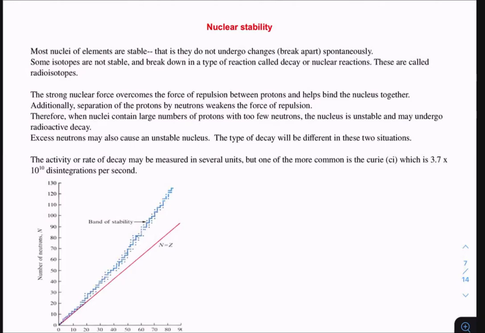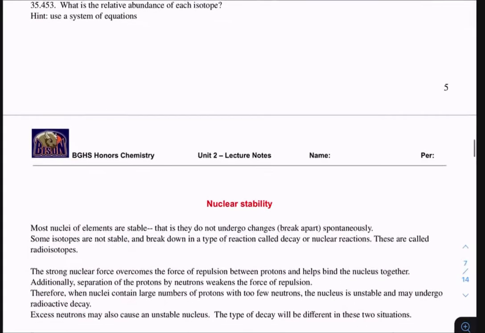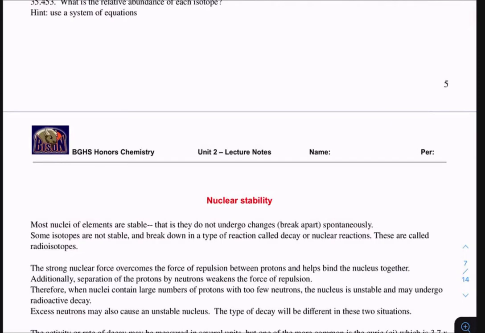All right. So we've talked about the structure of the atom, right? You guys know where the protons, neutrons, electrons are located. And let's talk about the nucleus for a second. In the nucleus, we know that the protons and neutrons are present. Now, if you recall, when we first started talking about the electron, we started talking about things that